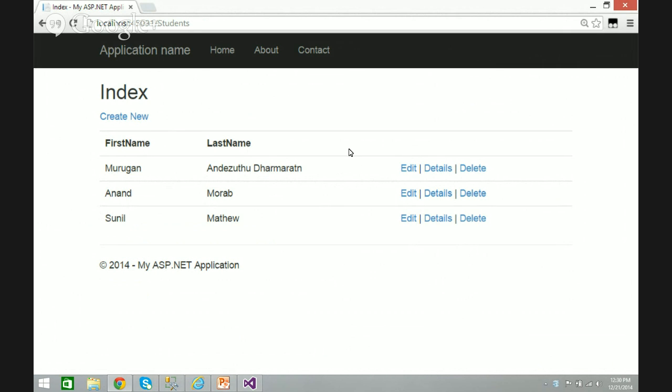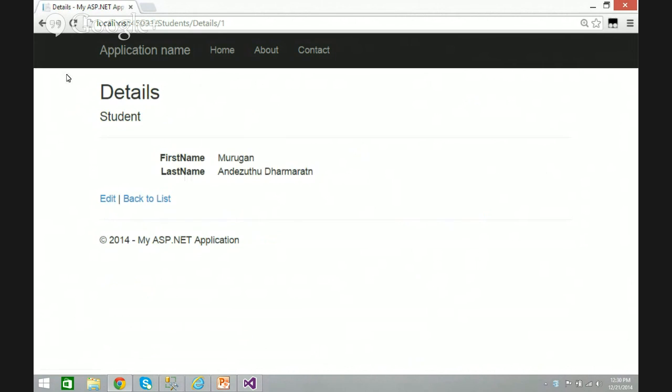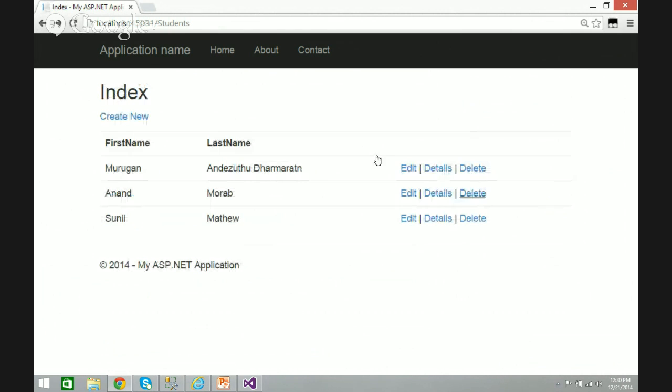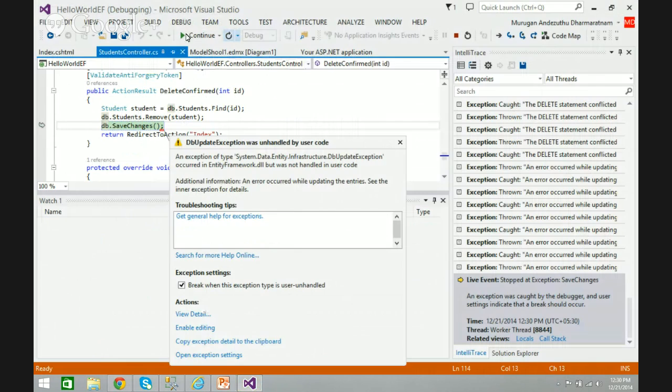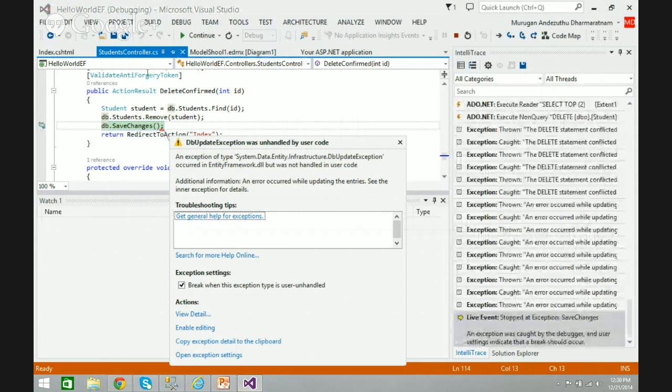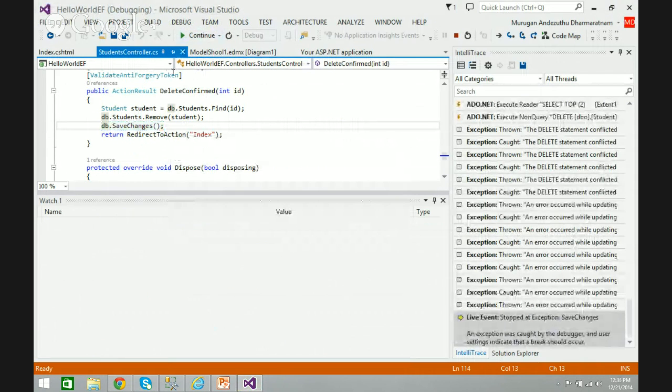I can click on details and it will show me the details view. This is the index view. I can delete this one, or I can even